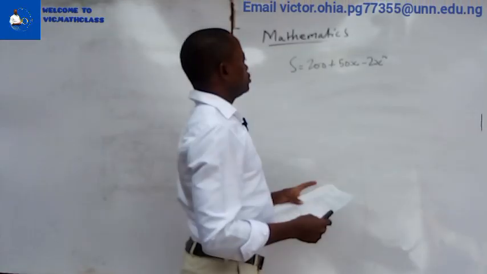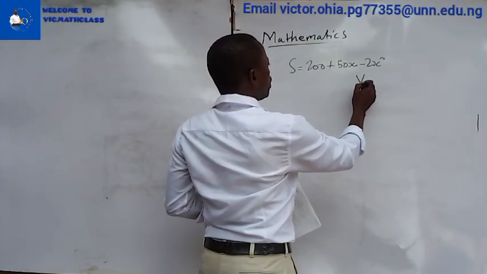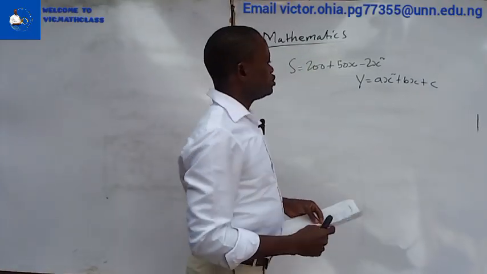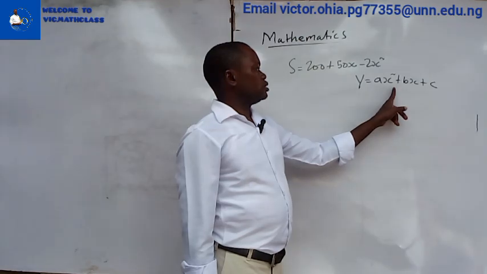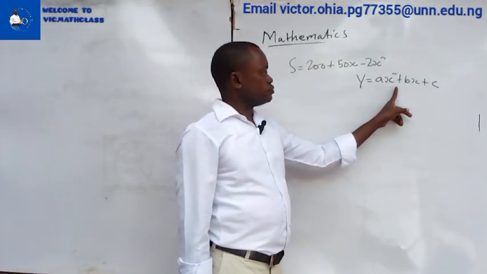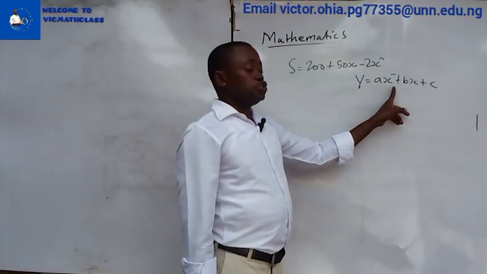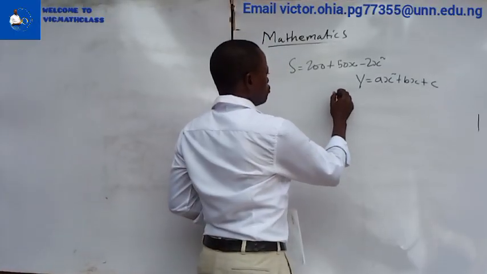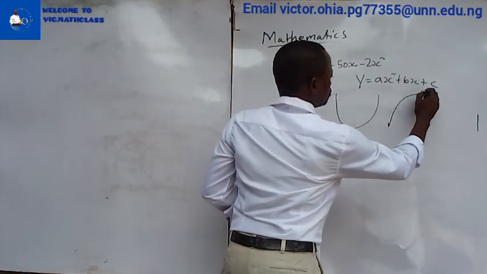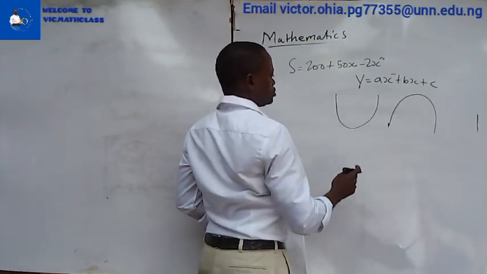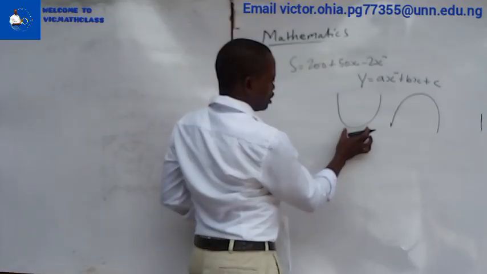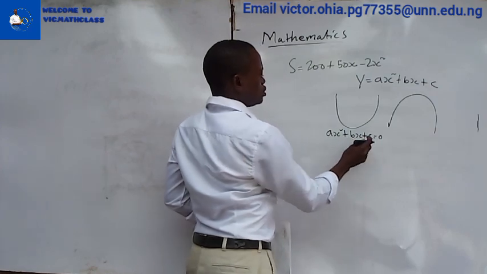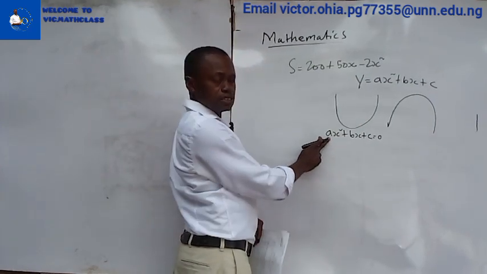Look at this. Does it look like y equals ax squared plus bx plus c? Yes, if it looks like it, then this is a quadratic expression. And when you plot the graph of this quadratic expression, it will be in this form, a parabola, either U-shaped or N-shaped. Now, the implication is that when you have ax squared plus bx plus c equals 0, the graph of this, when the coefficient of the second degree term